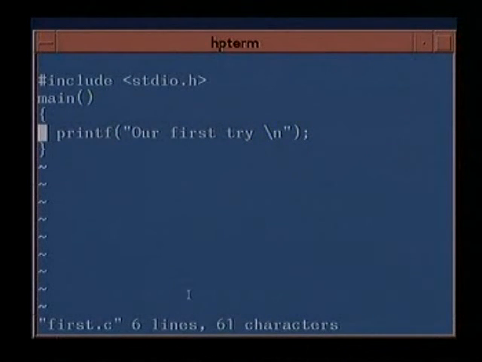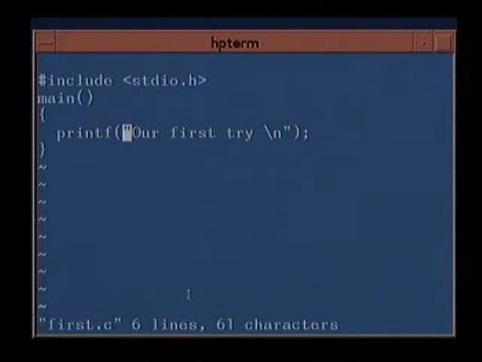Now in this example we just print something. The print function is called printf. This prints into the standard output if you don't give any other arguments. You can also use file printing functions which are also available; we shall come to it later on. In a print statement, whatever text has to be printed is given within quotes. This is the opening quote, and this is the ending quote. Within the quotes, whatever you want to get printed is written, and here we have written our first try.